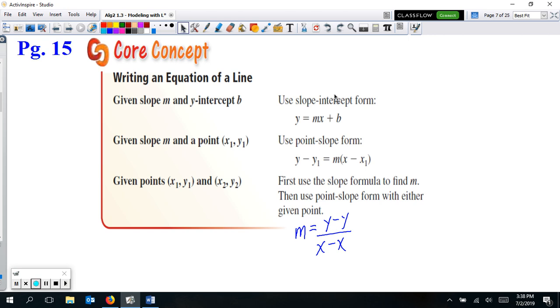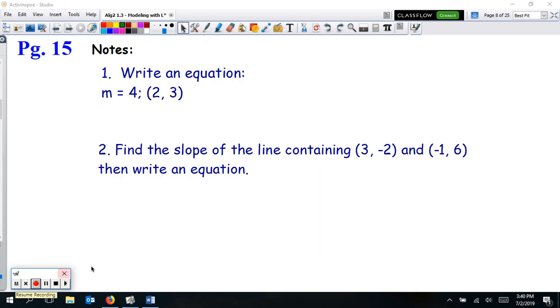So again, we're looking at linear equations, straight lines, and we're trying to write some kind of real-life situation into this kind of form, depending on what it asks us to do. Right underneath this core concept, we're going to do a little bit of review real quick to write some more of these. Okay, so right there on page 15, underneath that notes section, go ahead and write number 1,